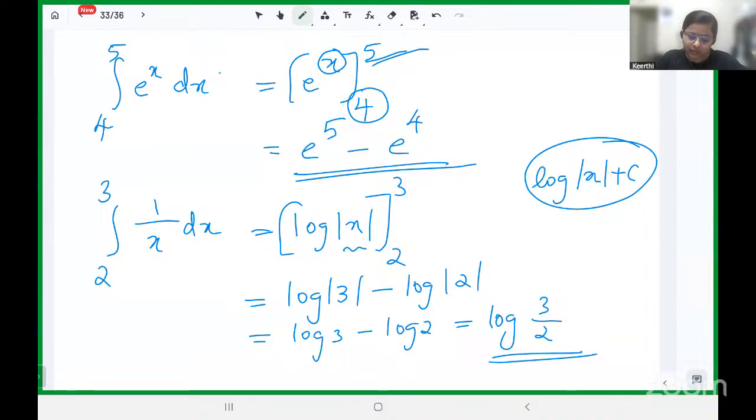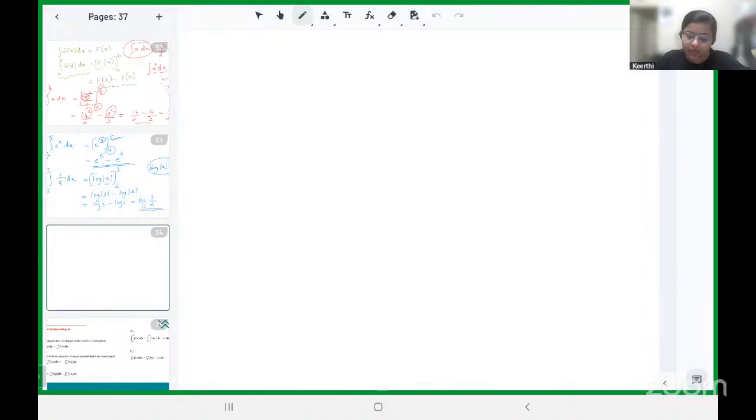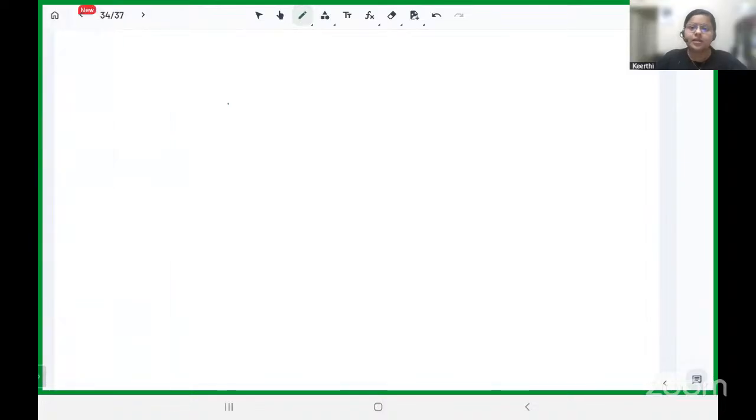Now the next section is definite integral. We are evaluating definite integrals by the substitution method also. So in some cases we can directly integrate, and in others we'll be using the method of substitution. We have already studied that method, but here we are applying the limits for functions. Okay. So the first question is the integral from 0 to 1 of tan inverse of x by 1 plus x square